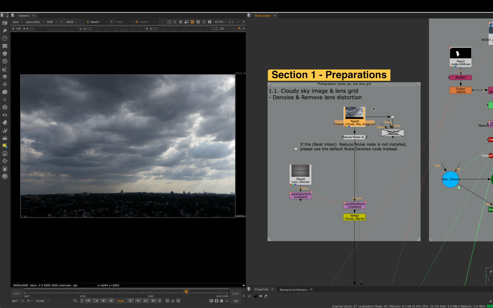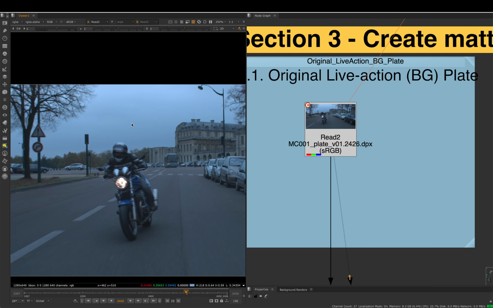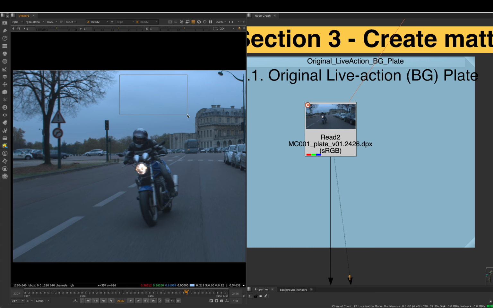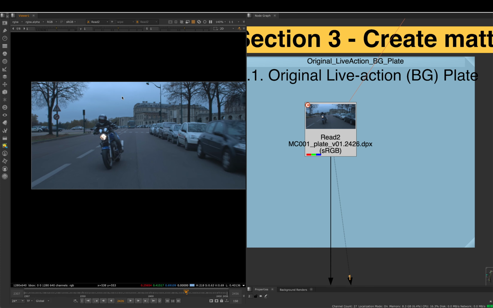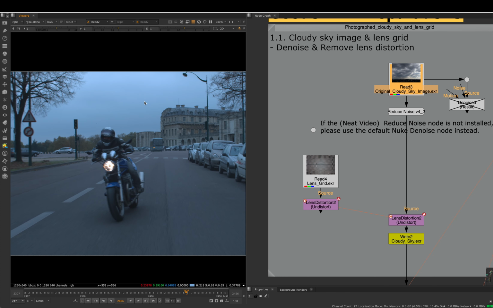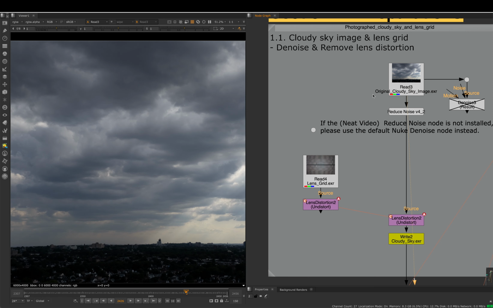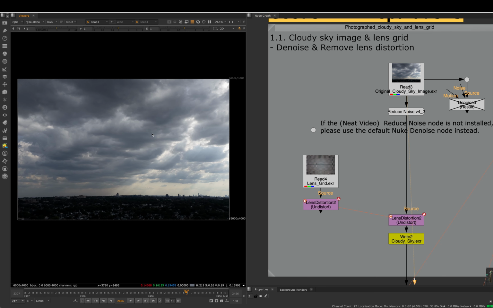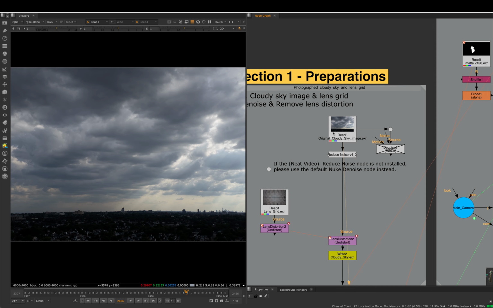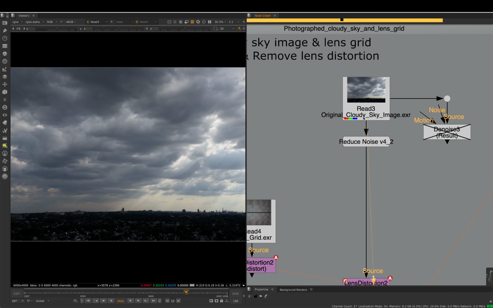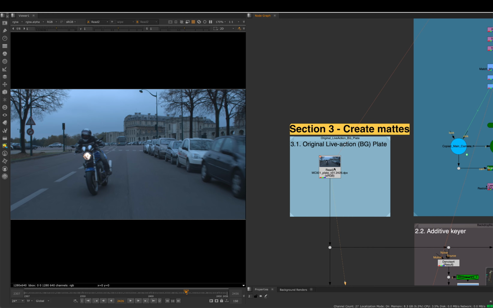Section 1.1 is to deal with a sky image which we filmed separately, and the reason for that is because the visual effects task is to get the sky replaced. For now, the sky is looking a little bit boring. With that in mind, I decided to capture a separate sky which is more interesting. Then after that, because the camera, lenses and settings are totally different compared to the original plate,